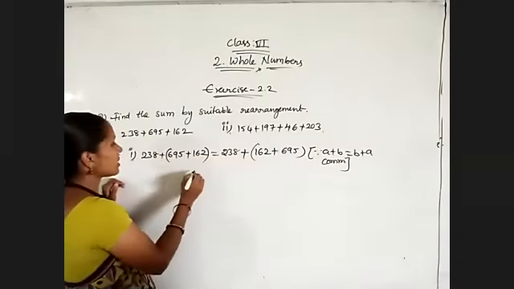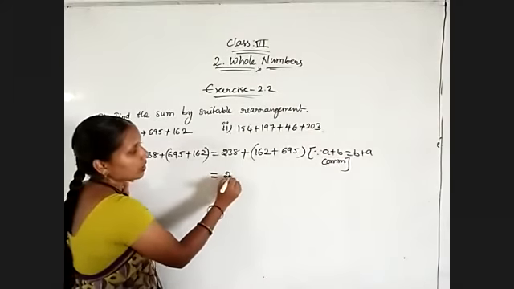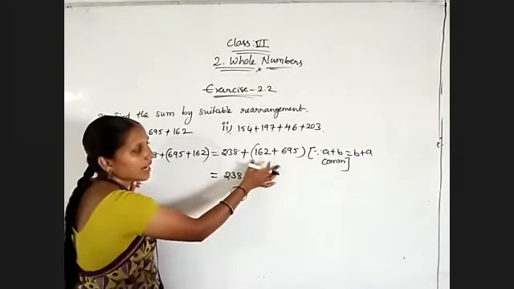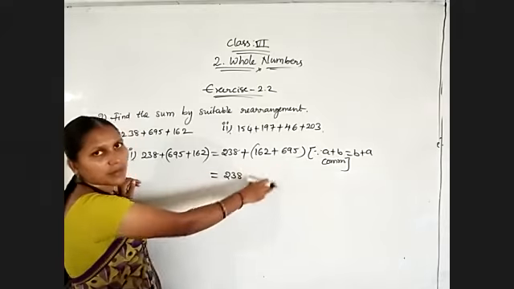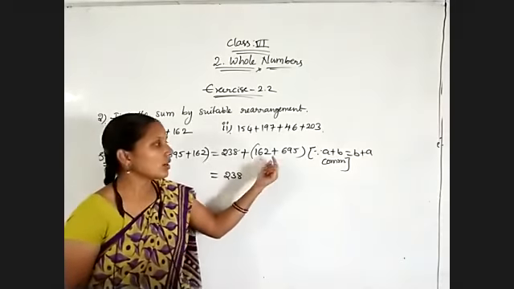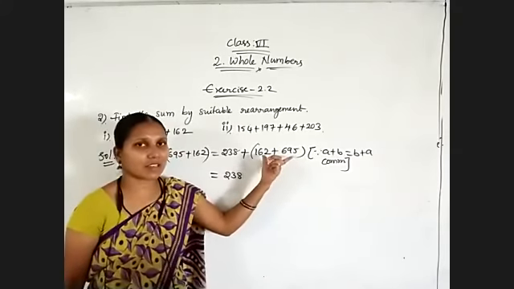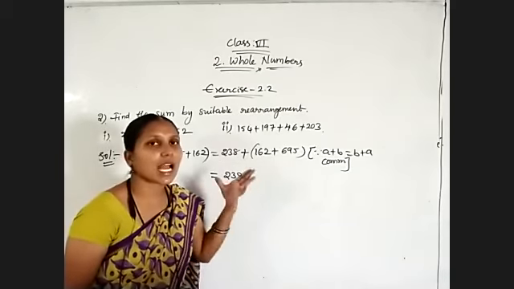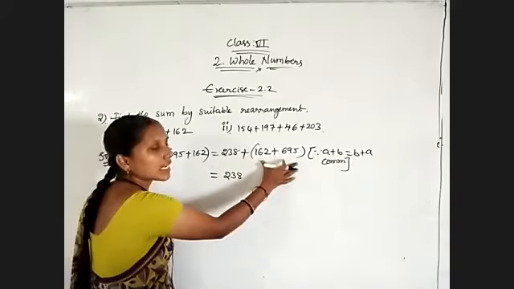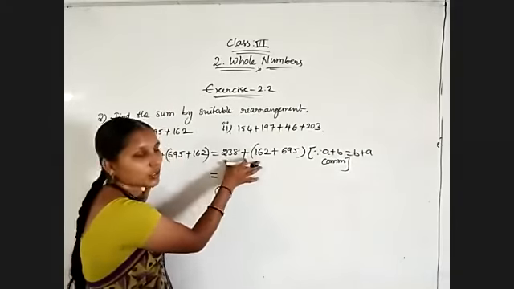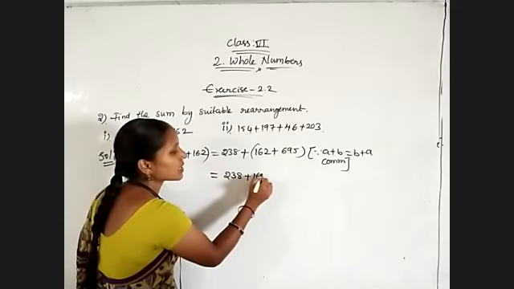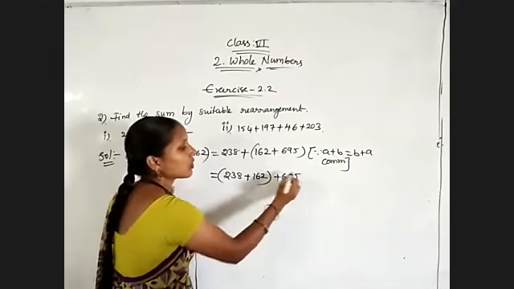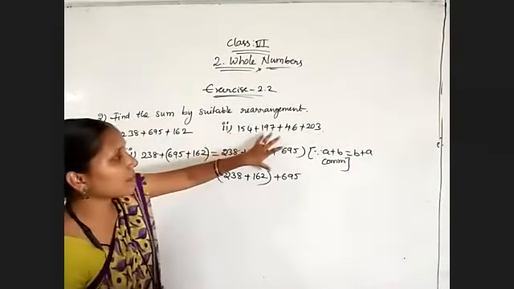Now coming to the next step. 238, in the brackets, whatever is there in the brackets, we must simplify first. If you simplify these two, 5 plus 2, 7 you will get. Again, we will not get an easy answer. For that sake, I am going to use another property, associative property. So these brackets I am changing and I am keeping for the first 2 numbers, 238 plus 162. For these 2 numbers, I am including the bracket plus 695. So we have changed a plus b plus c.